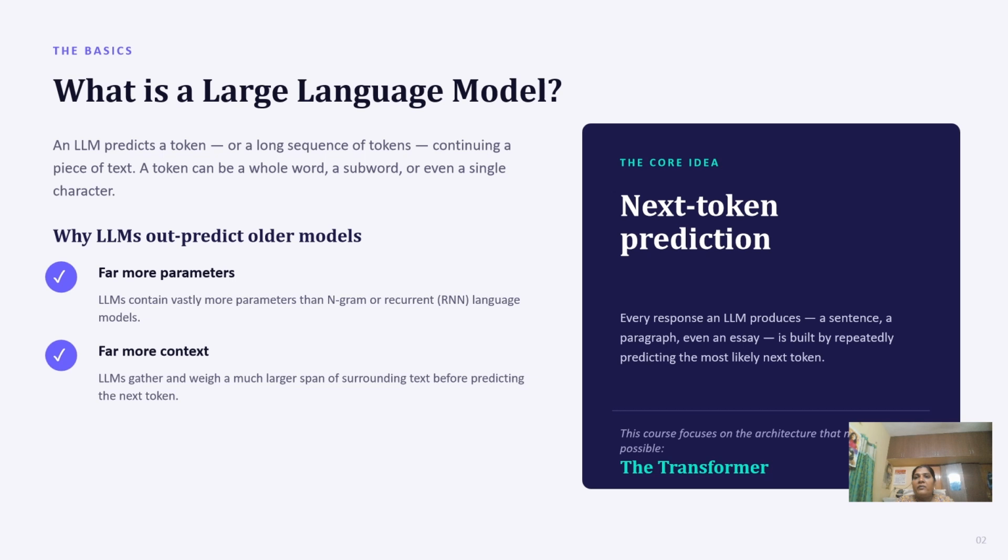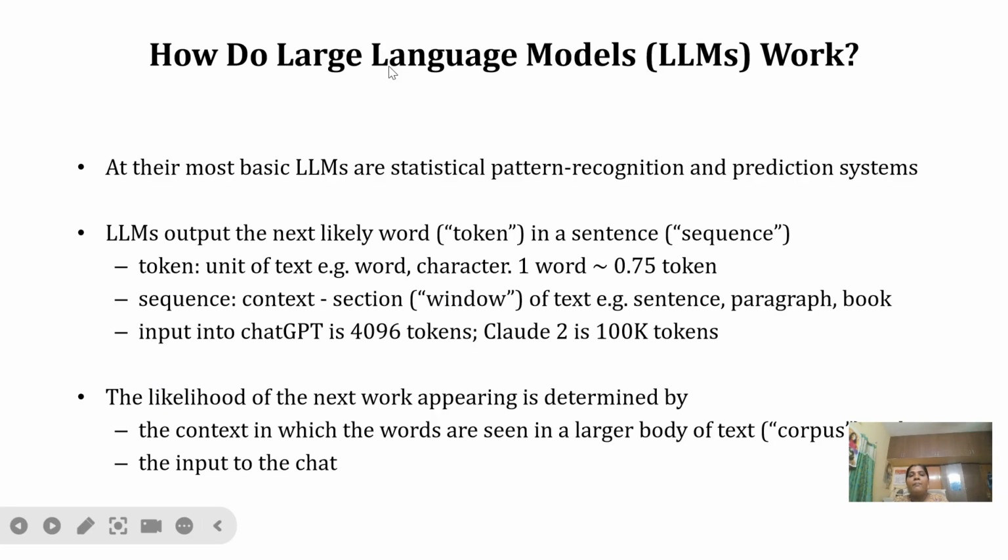For example, if you ask an LLM what color the sky is, as humans, what do we do? We just look outside and say, okay, the sky is blue. But the LLM, since it's a predictor, simply knows that in millions of books and websites the word sky is frequently followed by the word blue. So the LLM would fill in that the color of the sky is blue. This is how it works, and this is the concept behind an LLM.